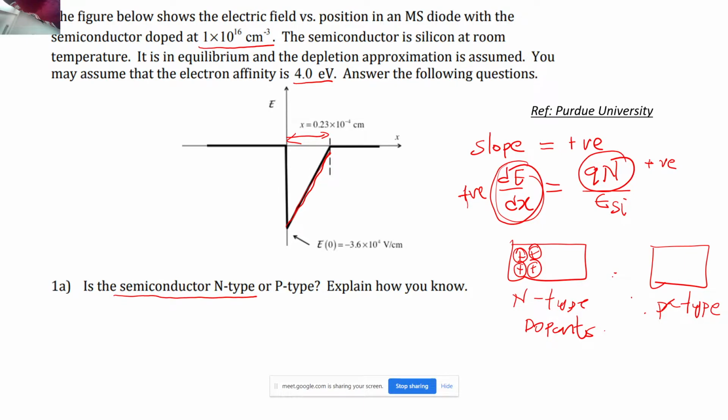And now can you please tell me, from the electric field profile, how you are identifying whether this is a semiconductor junction or a metal semiconductor junction? Let's say this MS diode was not given to you. How are you determining whether the left side contact is metal or semiconductor? The electric field is zero, yes, but what happens exactly at the junction between the metal and the semiconductor? What happens over there?